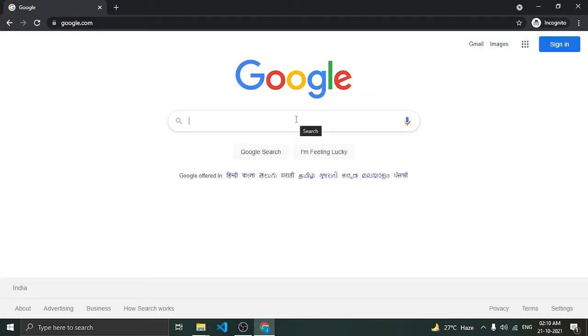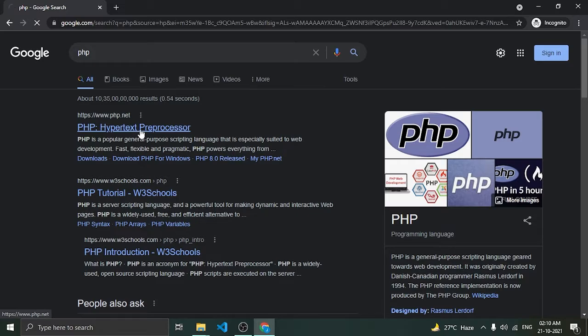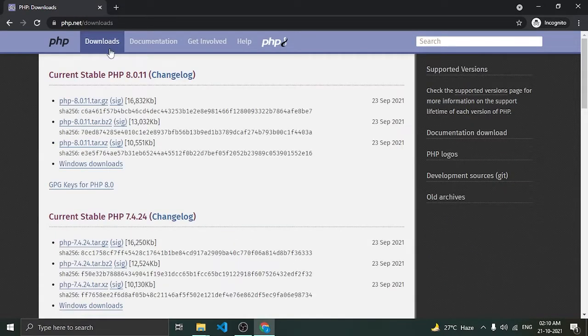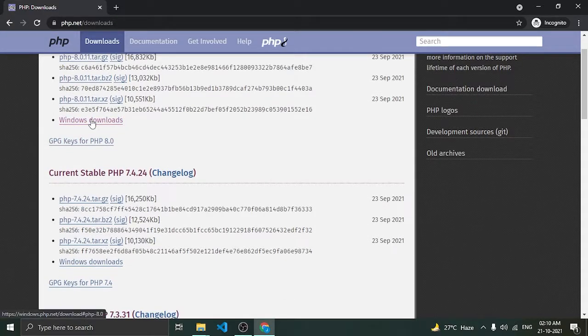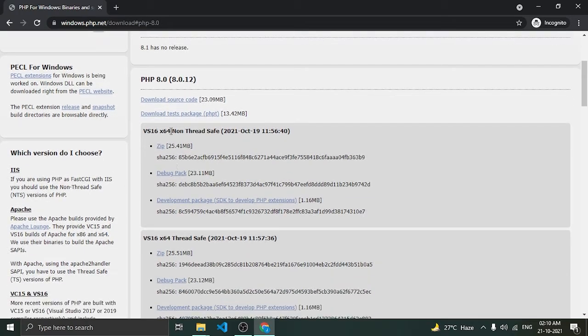First, head over to Google and search for PHP. Then go to the PHP website. Then go to Downloads. Then go to Windows downloads. As you can see, the current PHP version is 8.0.12, and two different versions of PHP you can download from here,